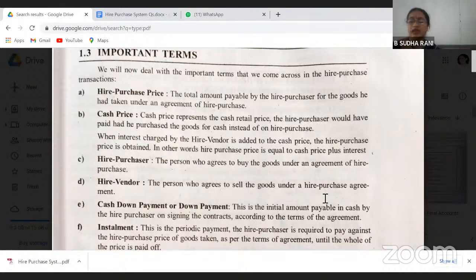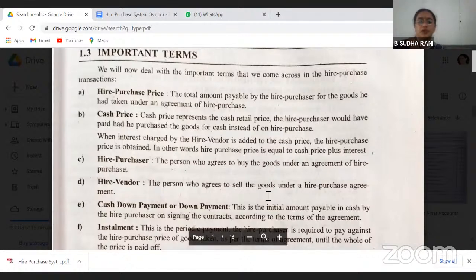Now, out of this 1 lakh, the initial payment means the amount the hire purchaser paid to the hire vendor at the beginning, on entering into the contract, say for example 20,000. Upon that, no interest. So out of 1 lakh, he paid 20,000, the balance is 80,000. This 80,000 he will pay in installments. Those installments under the hire purchase system we call rentals. Upon that, the hire purchaser has to pay the interest.